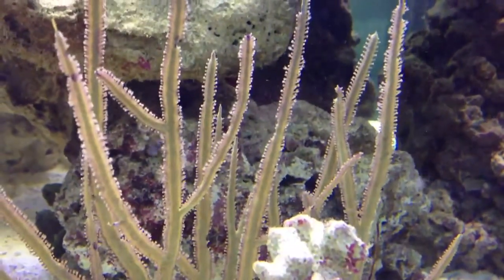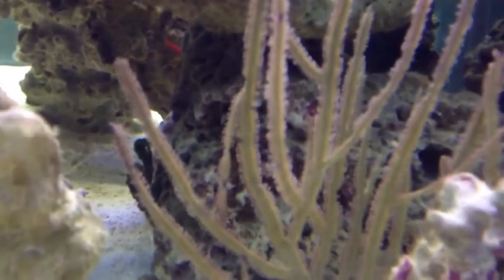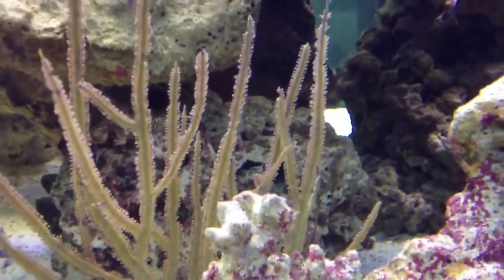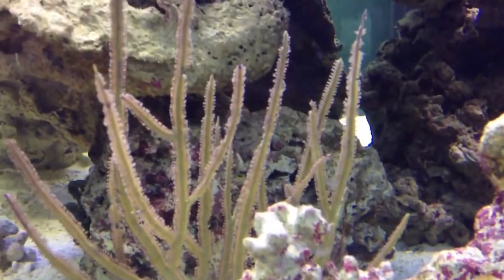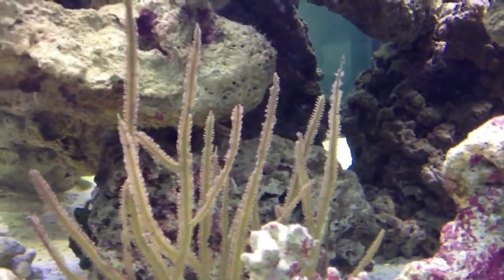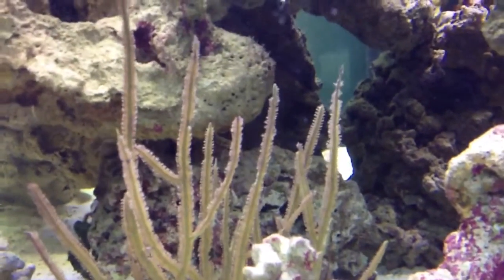You guys can see all the polyps extending out from the sides of it, the edges. I just think it looks awesome. I've definitely become a huge fan of gorgonians. They're definitely one of the more underrated corals in my opinion, and I'm looking forward to stocking this tank up with a bunch of photosynthetic gorgonians,